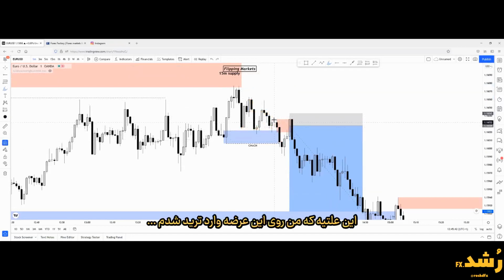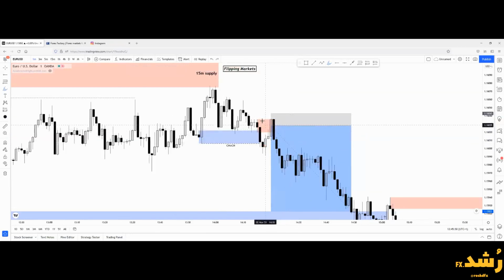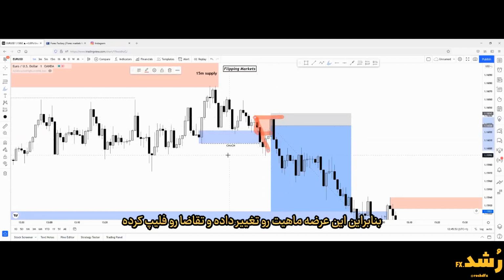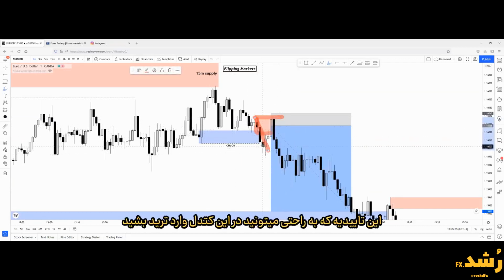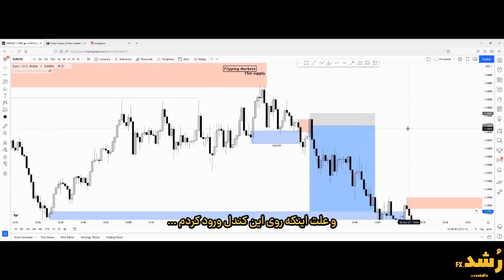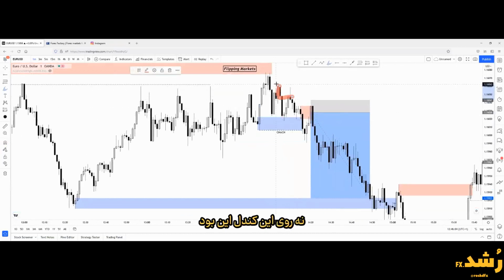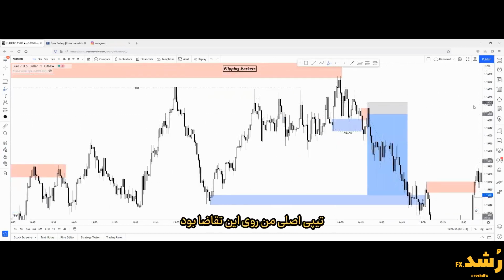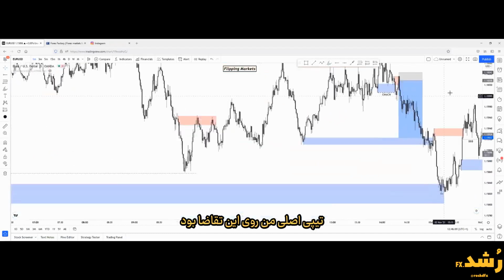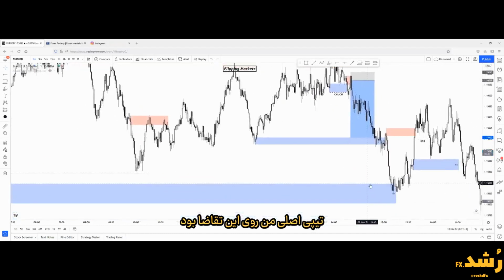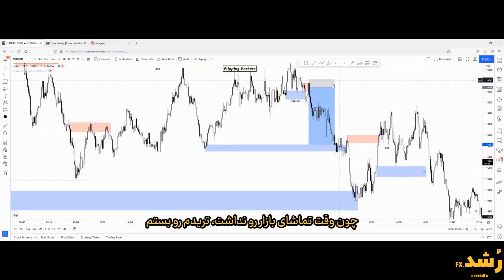That's why I entered based on this supply zone, because this supply zone broke the last demand zone, right? So this means this is a flip and change of character. So this supply zone changed character and flipped the demand. This confirms that you can easily enter based on this candle. And that's why I entered on this candle and not on this candle. So my original TP would have been this demand zone right here. But I did not have time to monitor the market, so I closed my trade at a 1.6 risk-reward ratio on